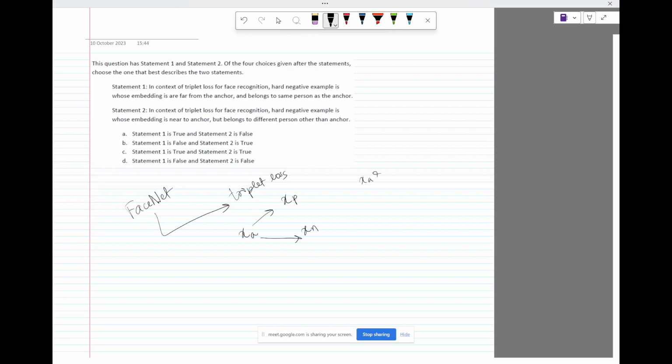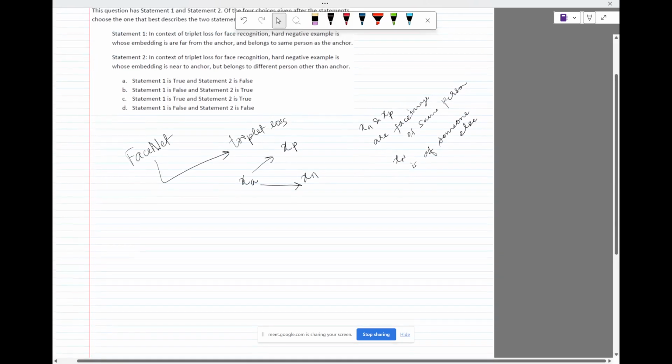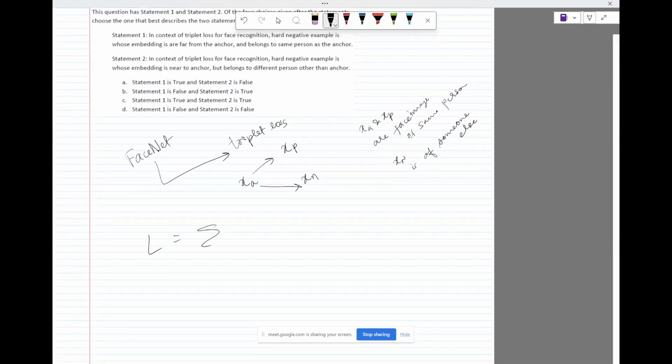So XA and XP are face images of the same person, and XN is of someone else, and the loss function is something like